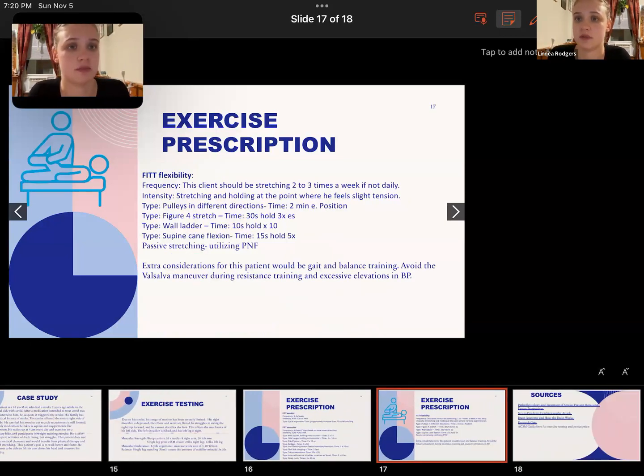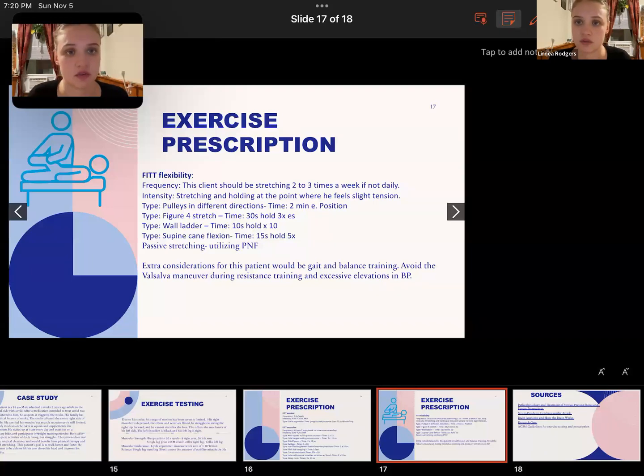And then for flexibility, he should be stretching 2 to 3 times a week, if not daily. So just holding to a point of slight tension. The pulleys really help in different directions because you can use the other arm to kind of pull the other one up. Figure 4 stretch to get his hips a little bit more limber, since both sides have been stiffened due to the limited walking mobility and muscle recruitment. The wall ladder would be really good for his arm. Supine cane flexion, trying to get his arm above his head,